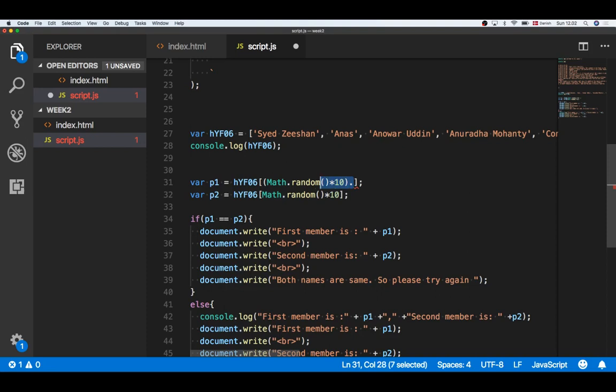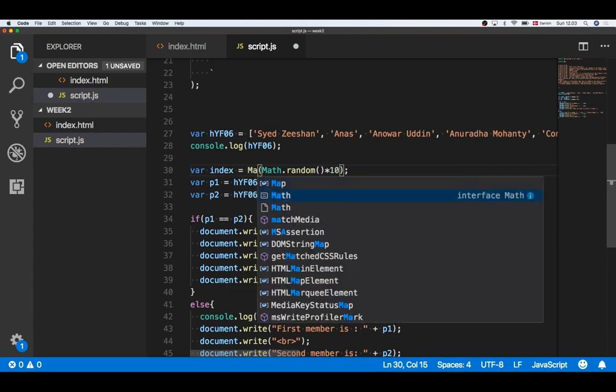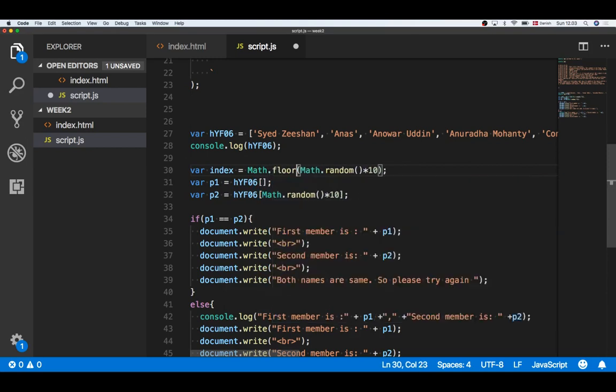I think in that case, I need to store it in a variable, right? Call the variable index here, right? And then how to floor it? Math.floor. Again, method floor. Like this way?